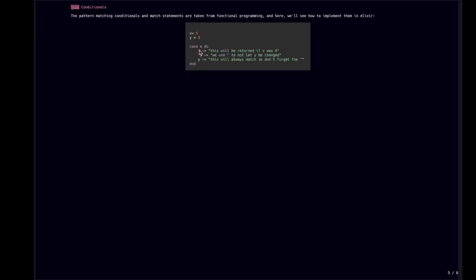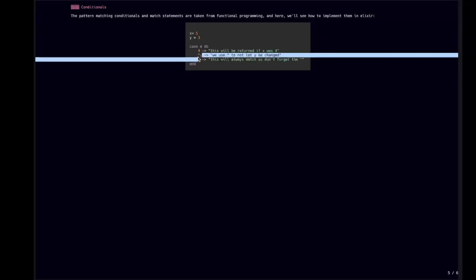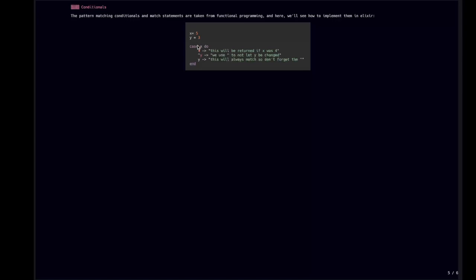The match operation gets us true, and then we return this. And then the next one, we use a pin here. This is the pin operator. We do this to not let x be matched to y and make x equal to y. So this allows y to not be changed, so we're going to be comparing y to 3, and then that's